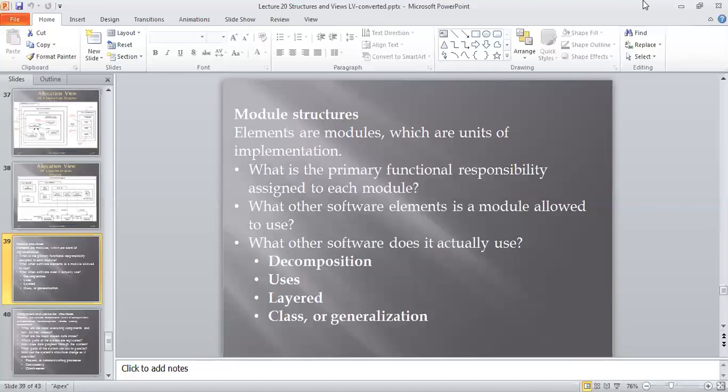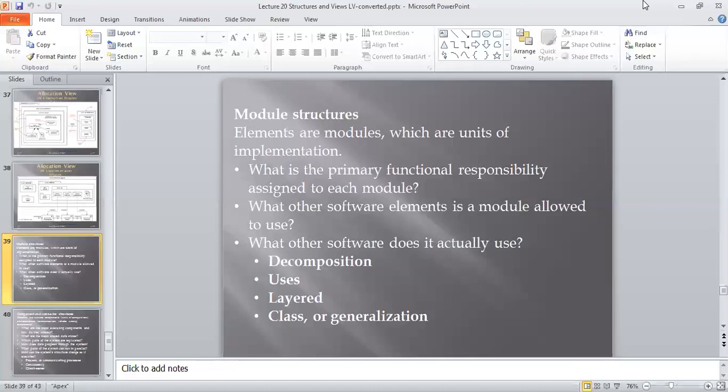To represent a module structure, it focuses on four components. Decomposition, that means one large module is divided into sub modules or similar parts of modules. Then usage, when we say a set of elements and their relationships are maintained, it is nothing but usage.